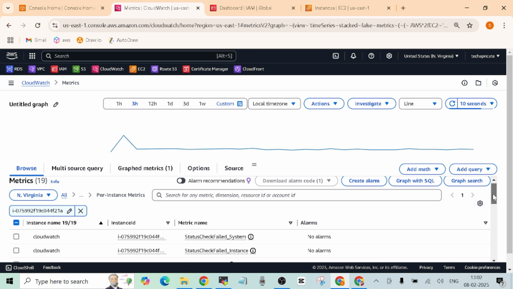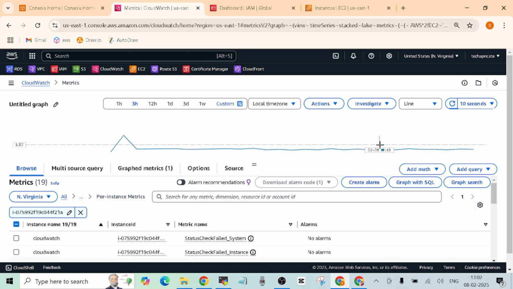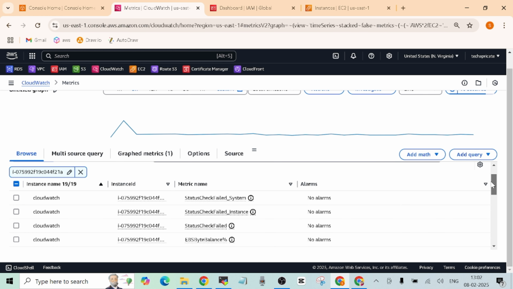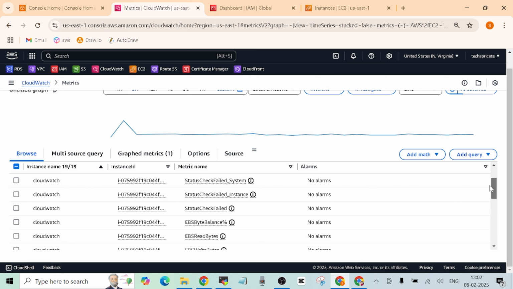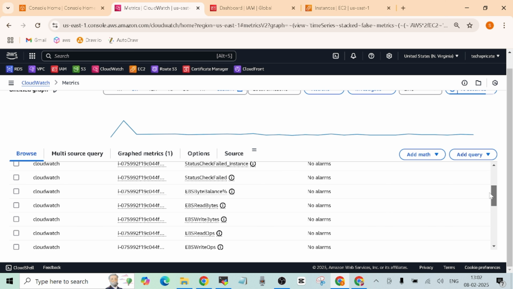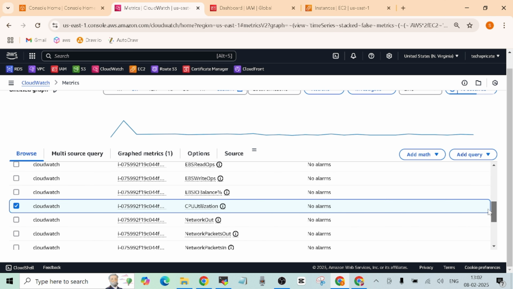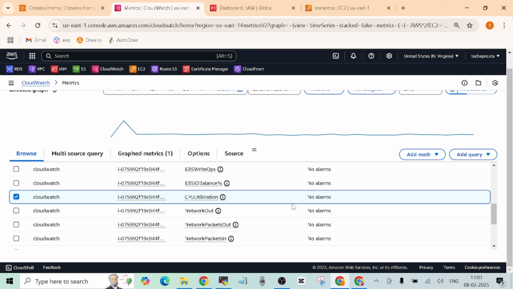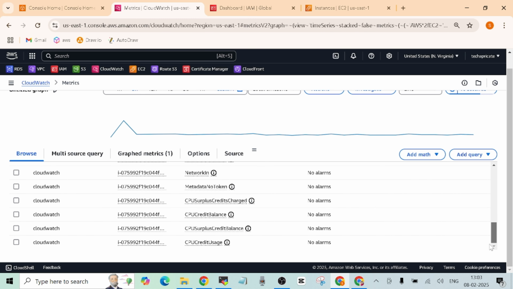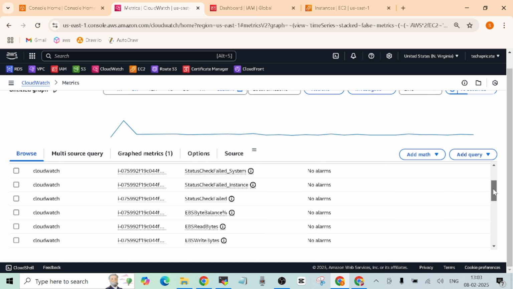Okay, now let's take a look at some other metrics also. Apart from CPU utilization, you can see some other metrics are also available to us by default, like the status check failed system, EBS byte balance, EBS write bytes, read ops, write ops, some network related ones like network out, network packets out, network packets in, and so on. So as you can see, there are so many different metrics that you can use to check the performance